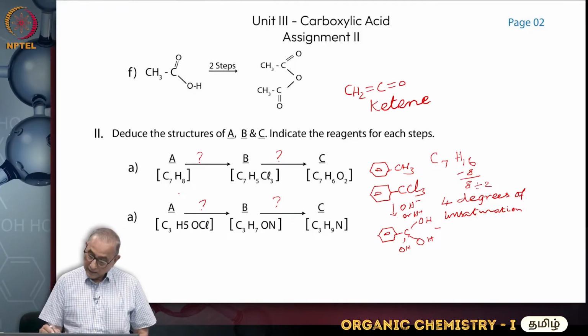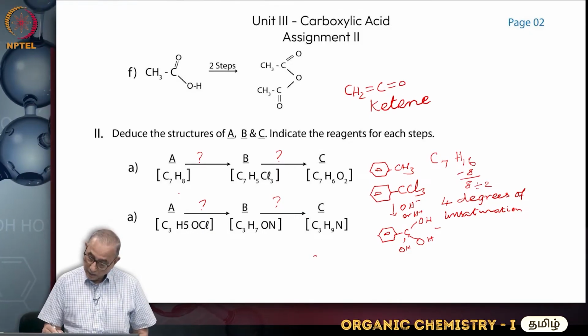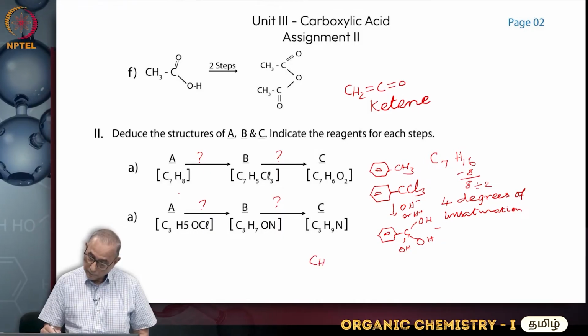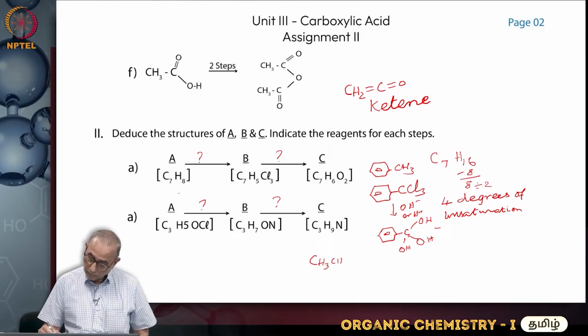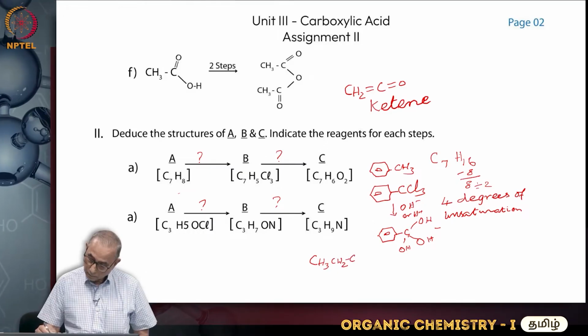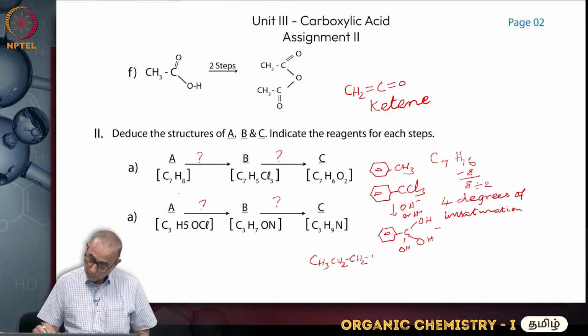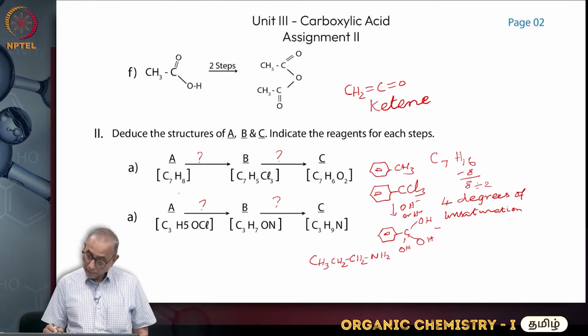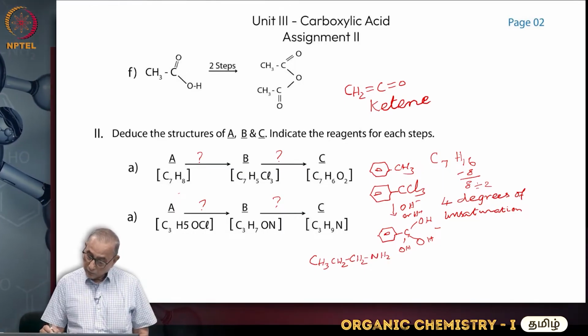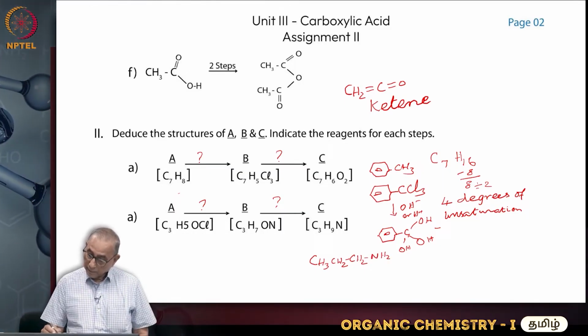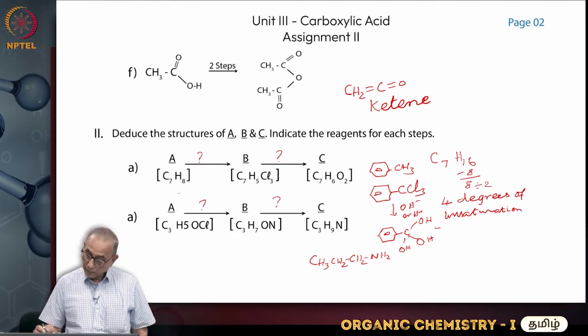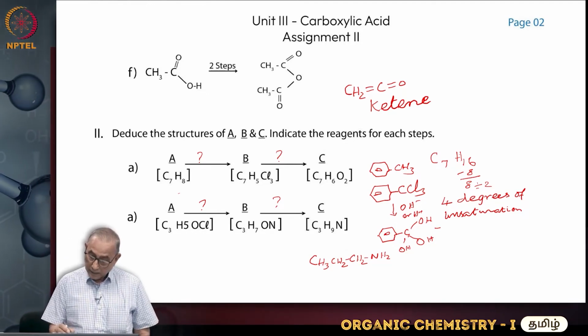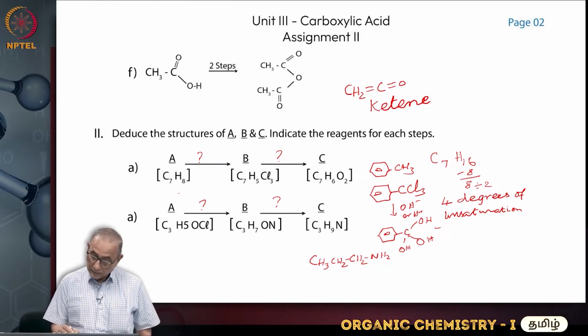So you can say it is an amino group. C3: 3 plus 2, 5 plus 2, 7 plus 2, 9. So it is propylamine, and this compound is the corresponding